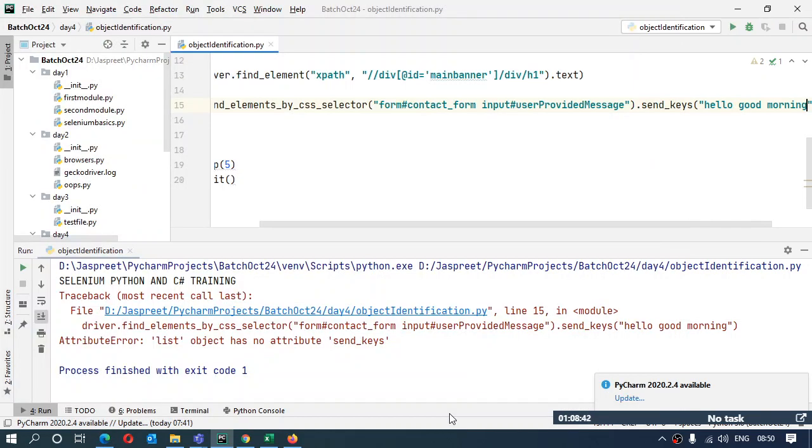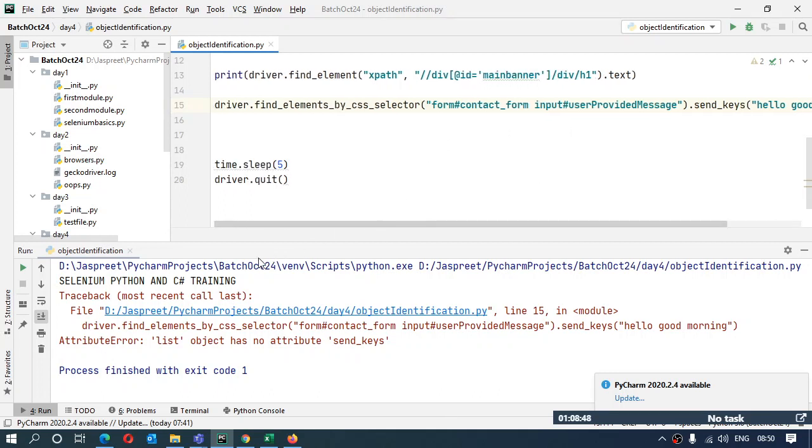Got some error. Oh, okay, I used the wrong function. It is find element. Sorry.